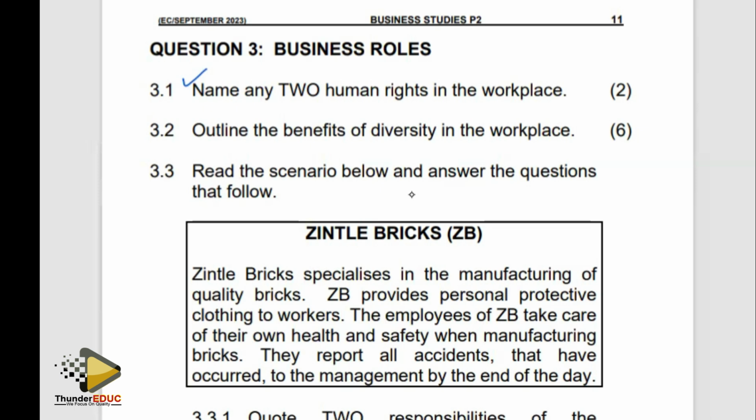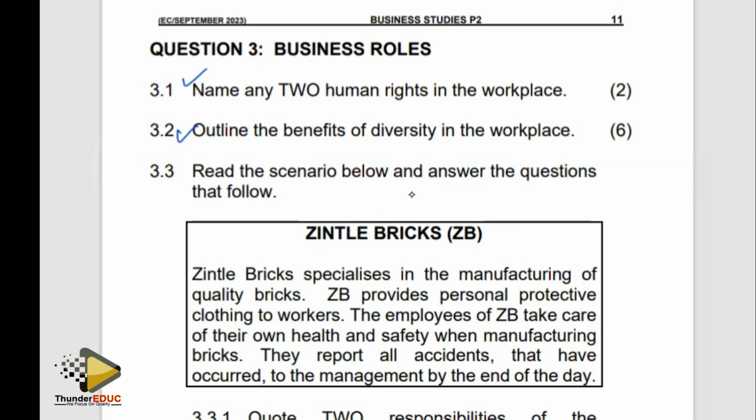So now these 2 human rights in the workplace, they are as follows. We have privacy, we have dignity, we have equity, we have freedom of speech and expression. We also have information as well as safety, security, and protection of life. So now let's check